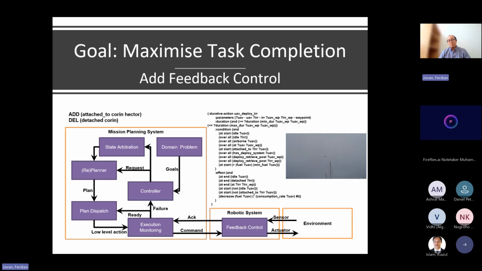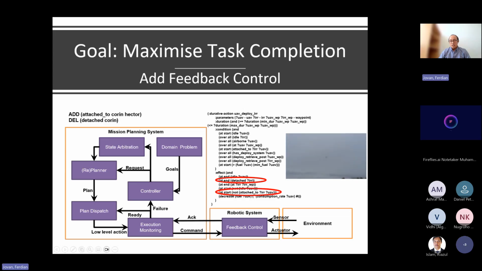It can report dynamically when any unexpected changes happen during the execution of the action or during operation time. For example, let's say we talk about the deployment actuator to drop the crawler from the drone. If the actuator fails to open, this monitoring system will report back to the planner system that it fails to execute the deployment action.